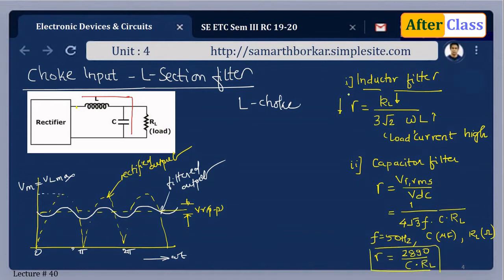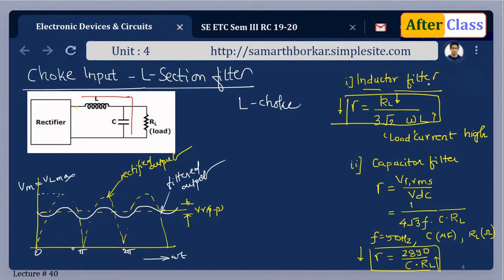Now if we compare the ripple factor of these two circuits, here you see the RL, that is the load resistance, is a part of the numerator. Here RL appears in the denominator, and what we want is always the lesser value of ripple content. So we have to smoothen out this ripple voltage, shown in white color. If I want to reduce the ripple, I have to increase the value of RL in the circuit. The moment I increase the load resistance, the load current will be less. So you see the performance is contradictory.